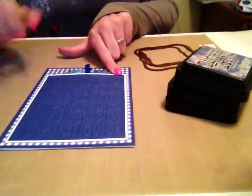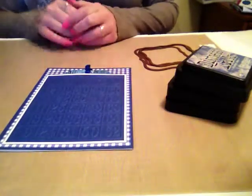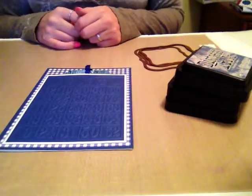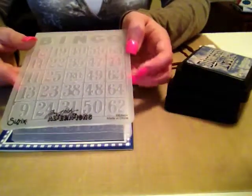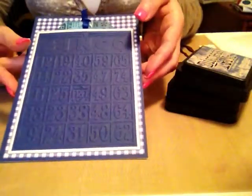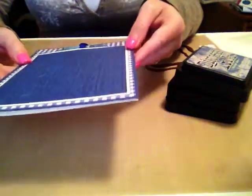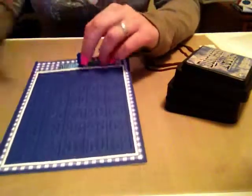So the next thing I did was take that same blue cardstock that I had for the very first layer, and I cut it to 4 1/4 by 5 1/2. And I took this Tim Holtz Alterations embossing folder from Sizzix, and put the same blue paper in it and ran it through the Cuttlebug and came up with this bingo card. That's what it looks like. So I attached the blue bingo card to the white cardstock, and then I took